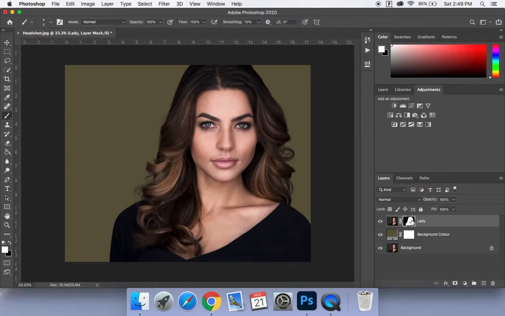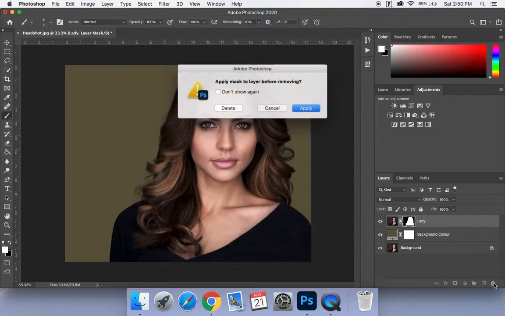So now we can actually get rid of this mask. What this mask did was help us to define the cutout. So as opposed to just going to the output settings when we were in the refine edge menu, we use this mask to go ahead and further refine after we used the refine edge brush. So we're going to click on the mask and we're going to drag it down to the trash can, and